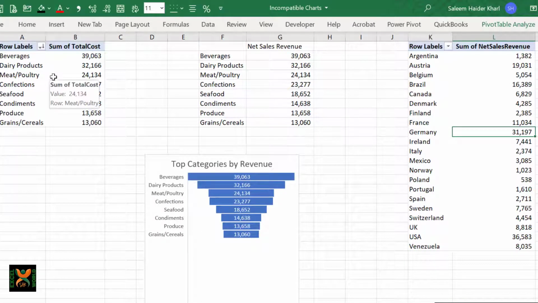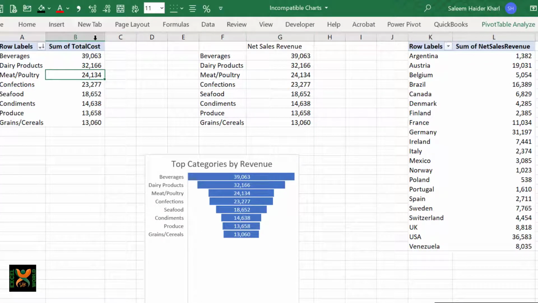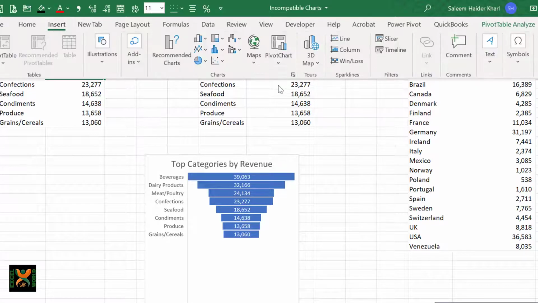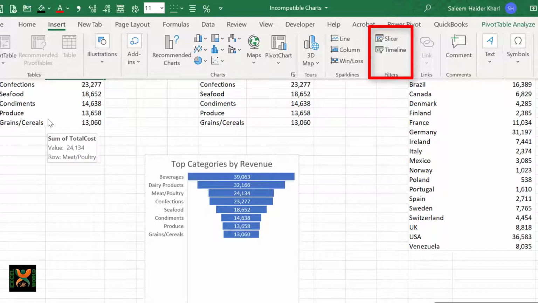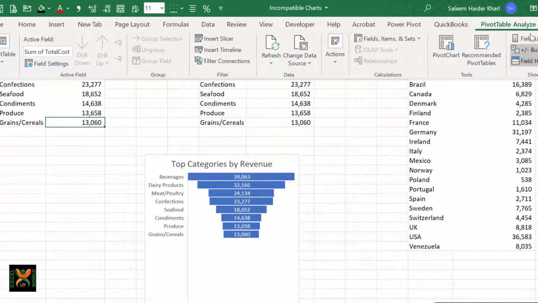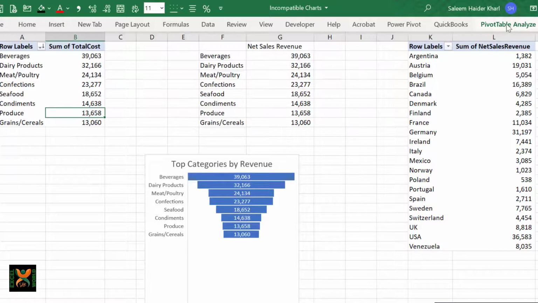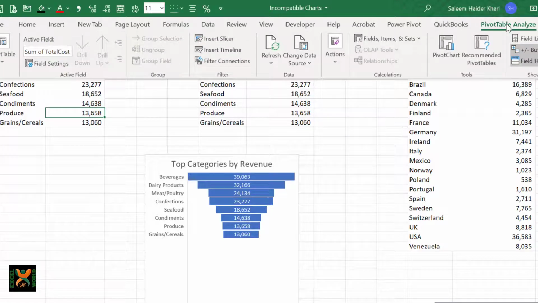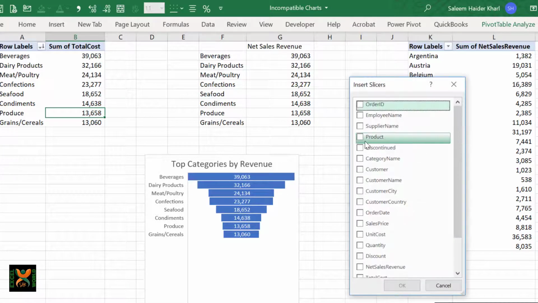You can either click on the pivot table and go to insert and insert a slicer from this option, or as this is a pivot table, you can also click on it, go to pivot table analyze, and in there you will find the filter group, in which there is an insert slicer option as well. From here you can insert the customer country, the category, and